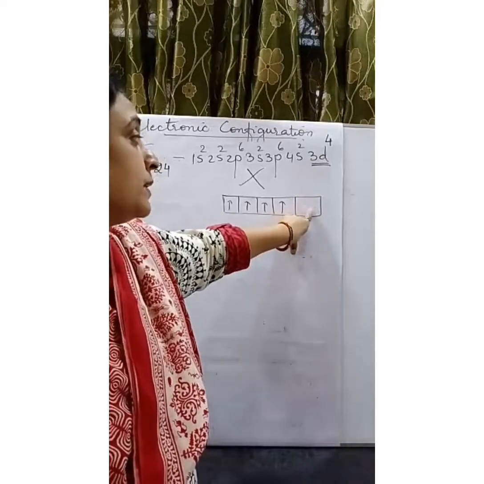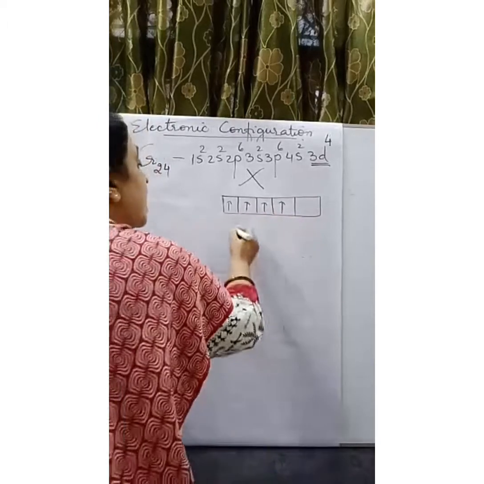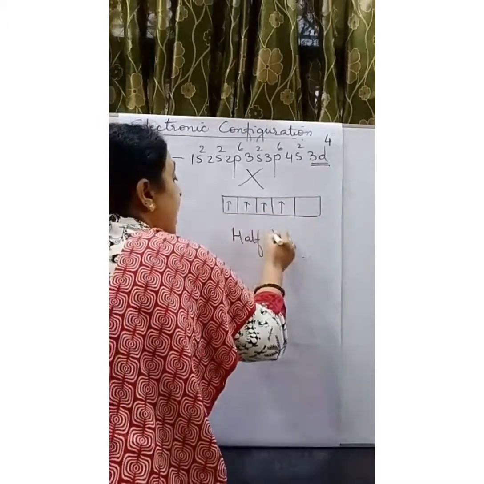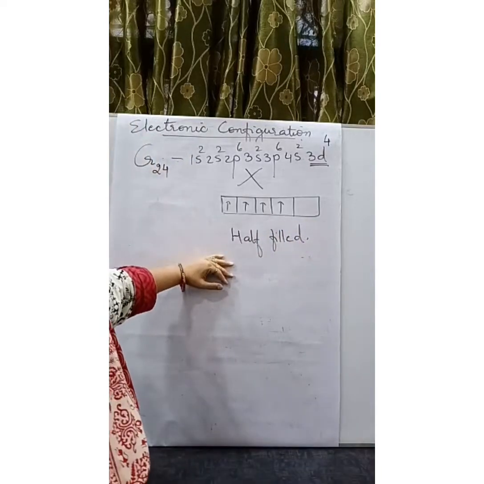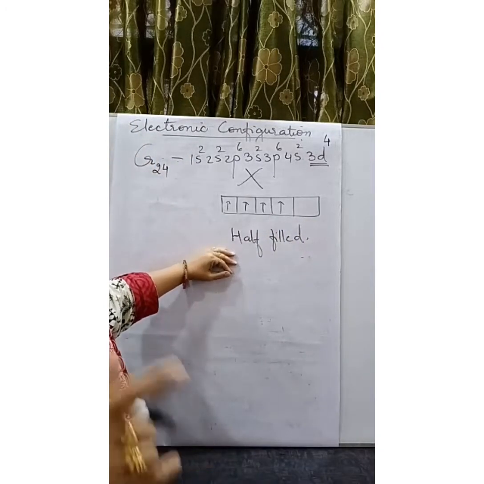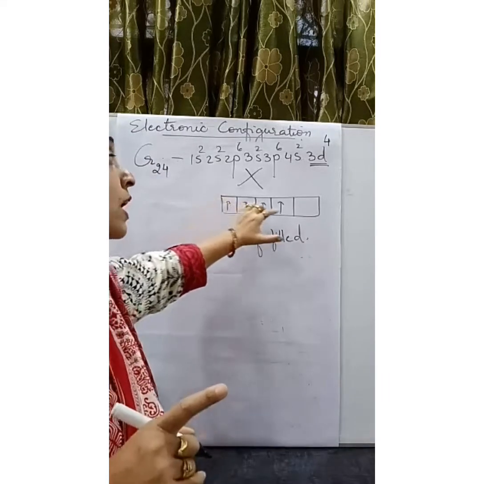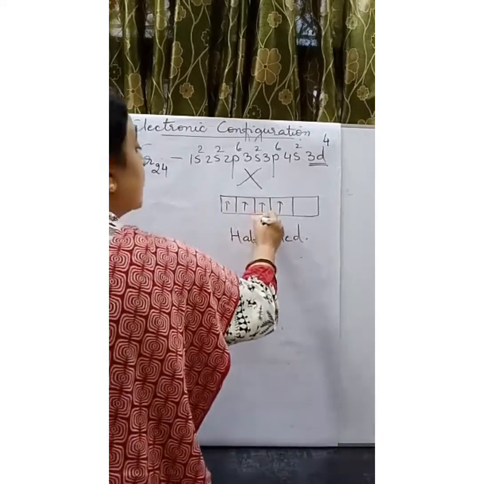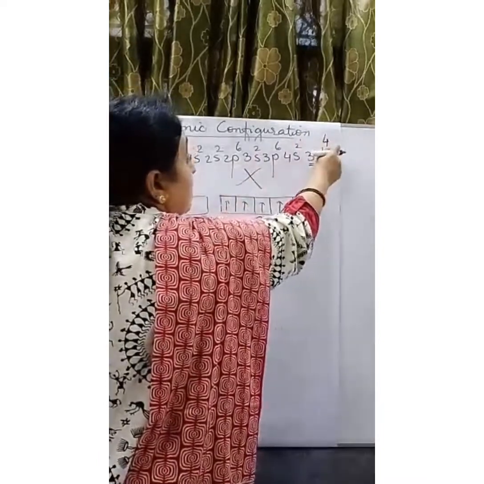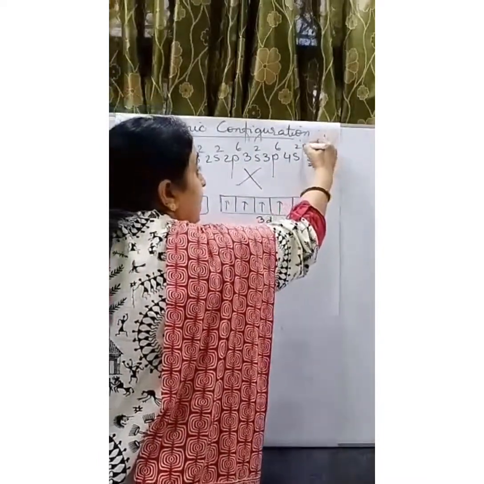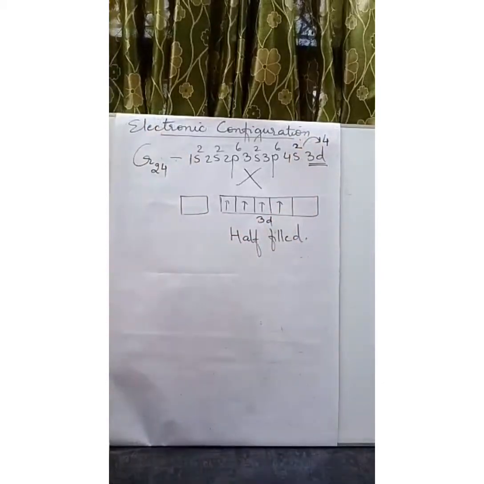If this orbital is occupied by an electron, then the d orbital will be half filled, and once the orbital is half filled, it is more stable. Half-filled and completely filled orbitals are more stable. Hence, to attain stability, the d orbital wants only one electron to become stable. So it pulls one electron from the 4s orbital and attains stability.